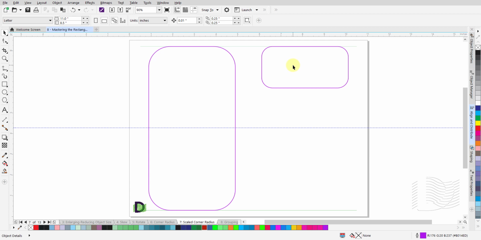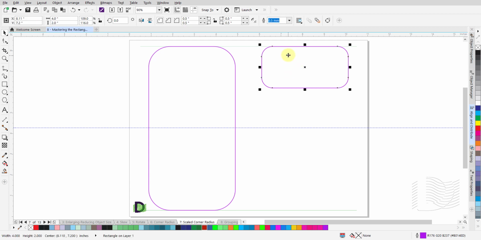Now, use the Pick tool to click and select the second object. Up in the Properties bar, click on the icon for relative corner scaling to deactivate it. Just like before, using the Pick tool, left-click and hold on the black square in the center of the bottom outline. Drag it all the way down to the bottom of the canvas. Note that the corner radius on all 4 corners remains unchanged as the size of the object increases. Release the mouse button when done. The corner radius remains unchanged at 0.5 inches.